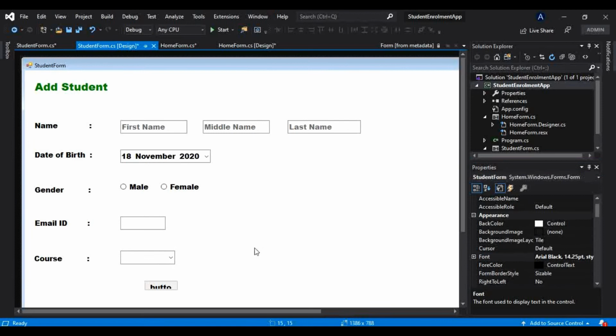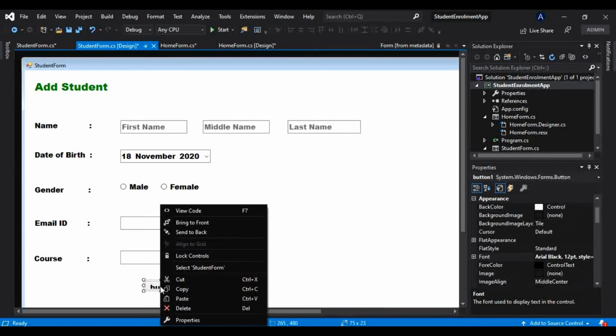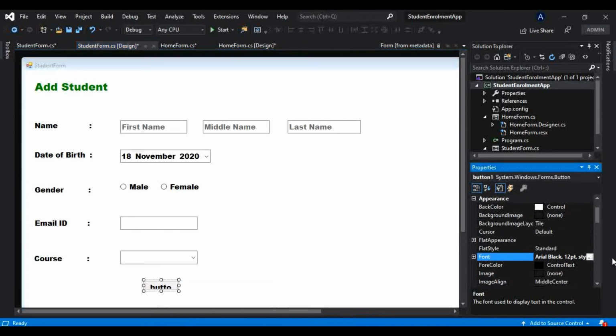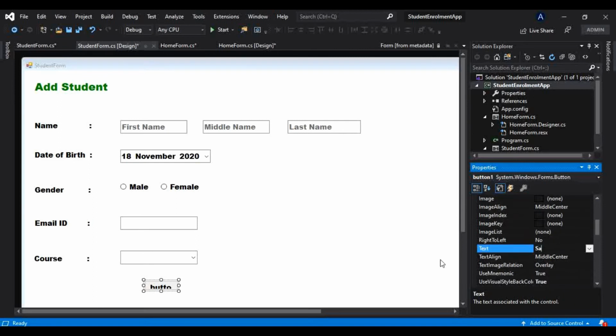Okay, so this email ID box I will increase the size of, as well as I will increase the size of this combo box. Okay, now it is looking good. Now to this button I want to give one name, that is save.